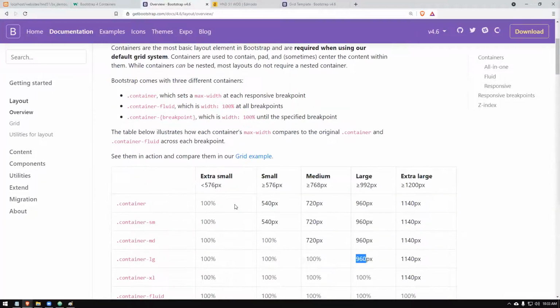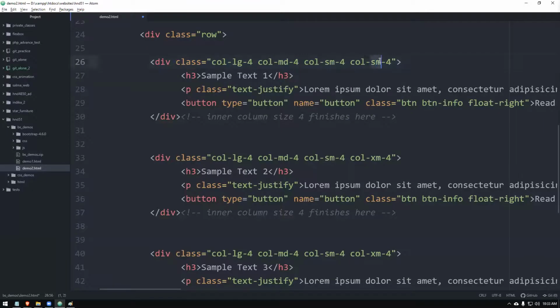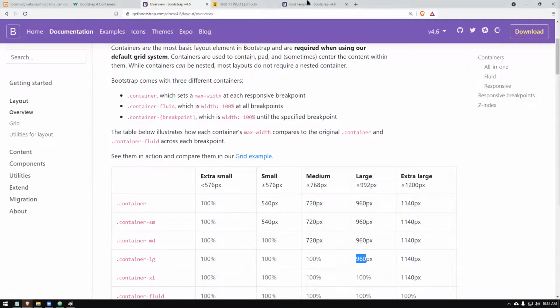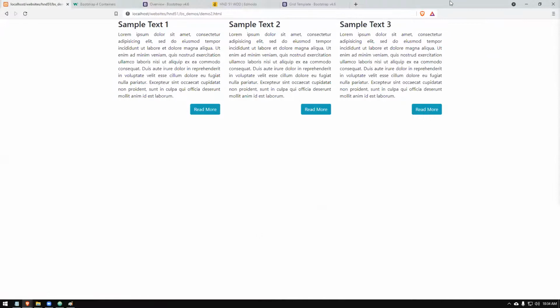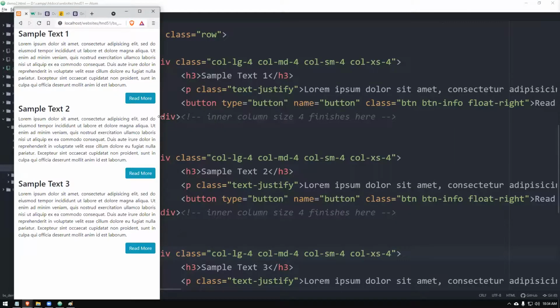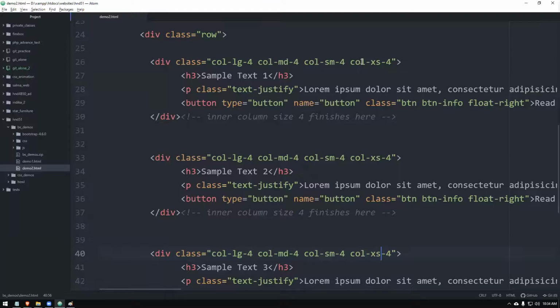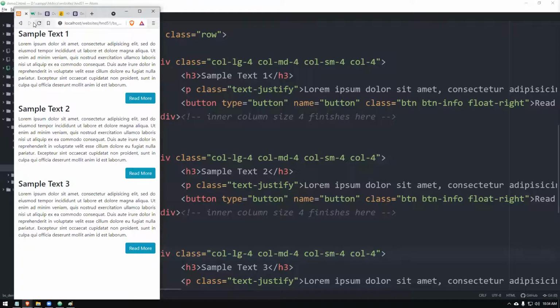It's not there, but I think it will work. No, we have to give it like this. The extra small is referred to by col itself. Just give col dash 4, right? If you give this one, in any size it always maintains 4 columns, whether it is large, small, medium, extra large, doesn't matter.